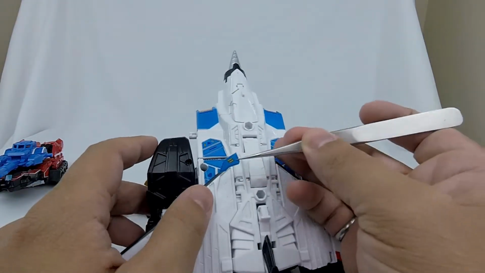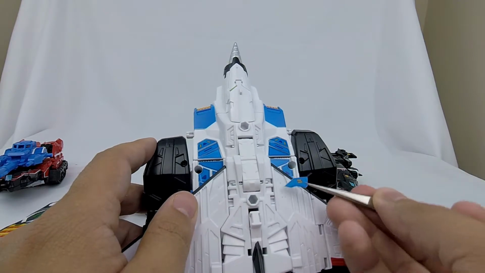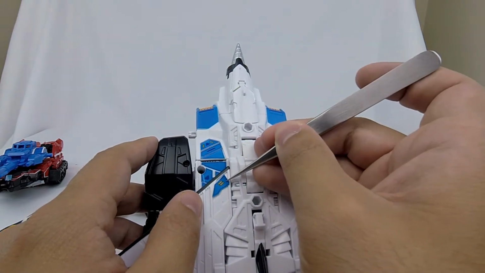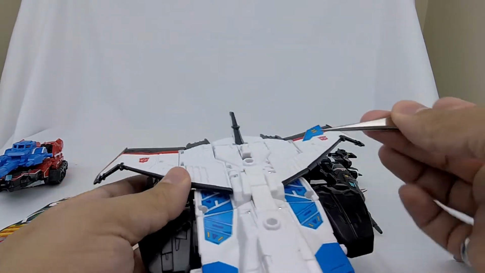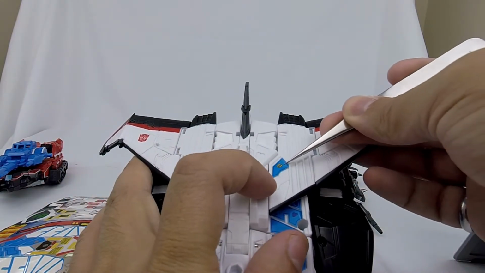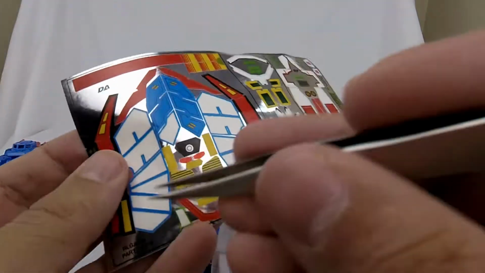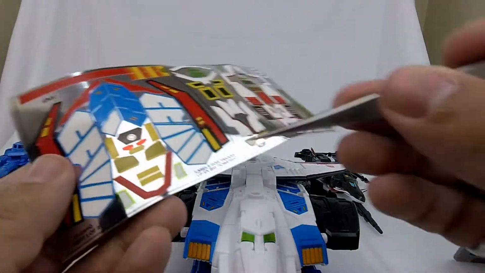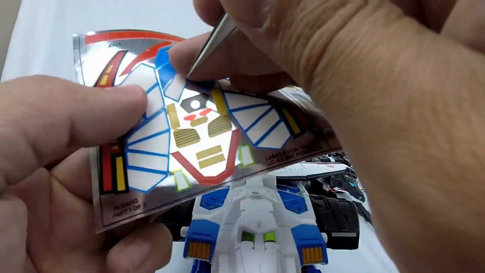Go this way. Oh, am I starting at the back end? I think the orientation switched on me on the sticker sets as they're printed. The same position. This is the front end here. This is the back end of the wings, which is